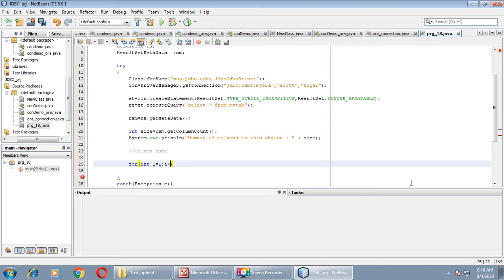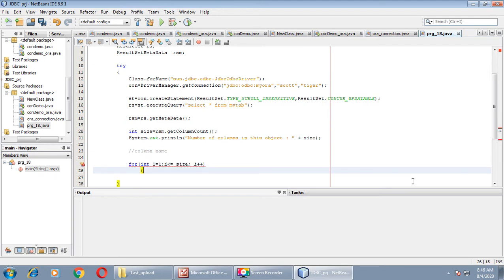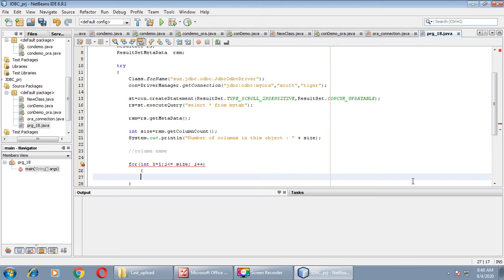I is less or equal to size and I plus plus. For loop begin, for loop over. Inside it we will do the coding for getting the name of column.